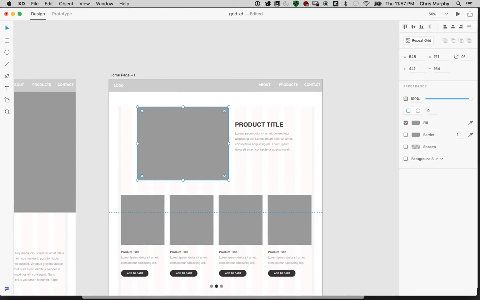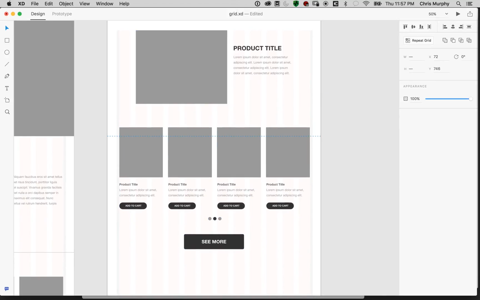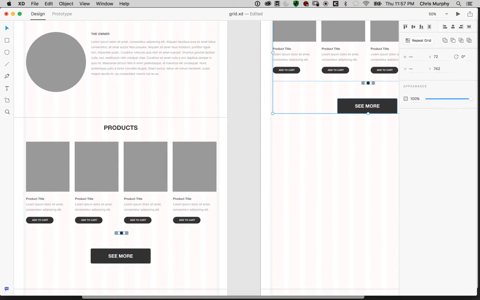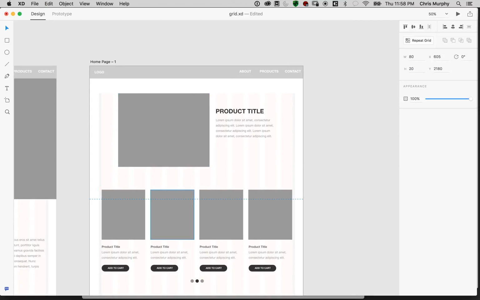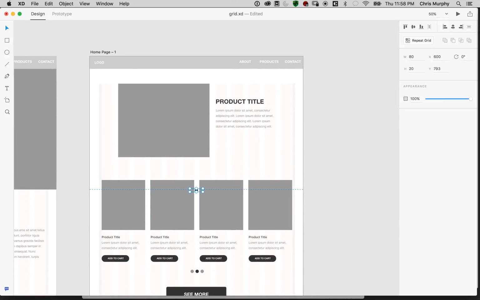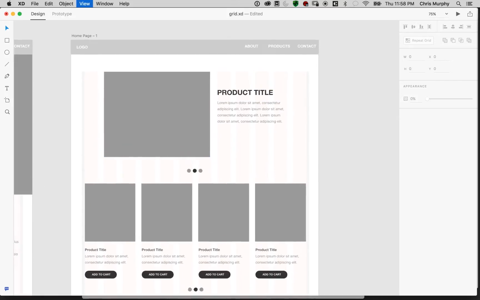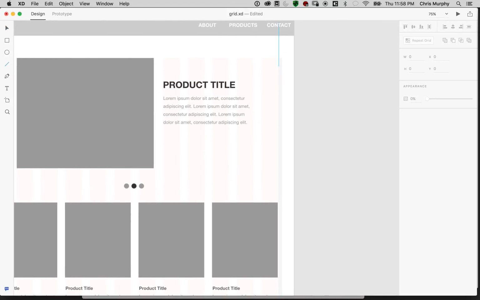I also could say, well, I want there to be a slider here. And if that's the case, let's make a slider. But we need to add some pagination too. So we're going to copy that pagination I have over there, and then I'm going to move it up here. And we'll have it right in the center there as well. But I'd like to add some arrows to this page too. So what I'm going to do is make some arrows. And if I just draw a vertical line,